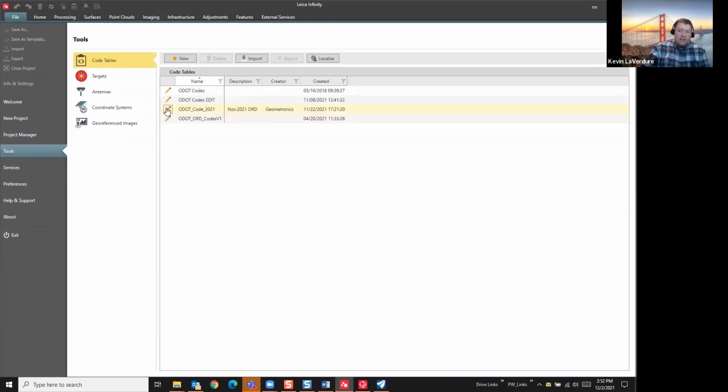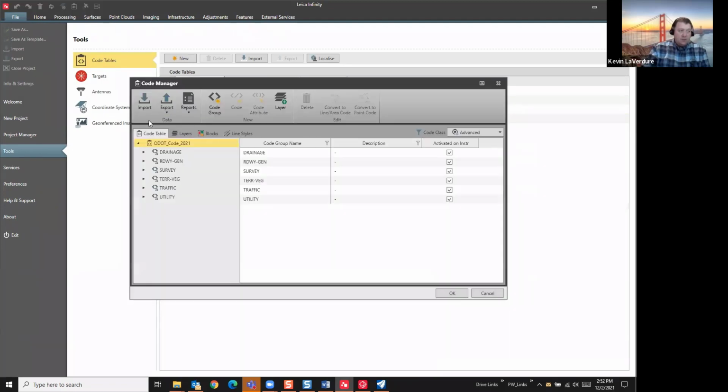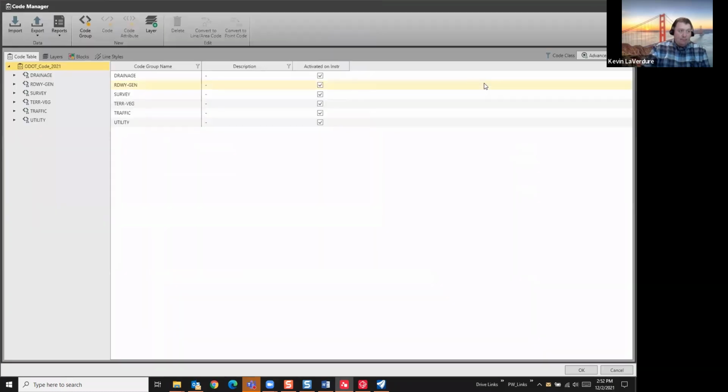One of the things that we decided to add, and I'll open this code table so you can see it, are groups. I don't know how many people have looked at Infinity, but normally when you look at our existing ODOT code table, it just says topo points and lines. So